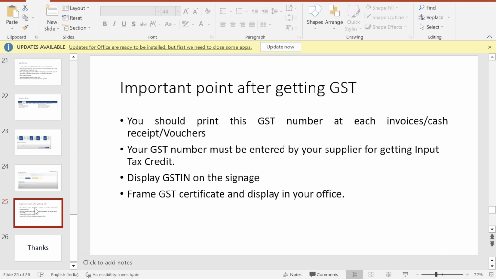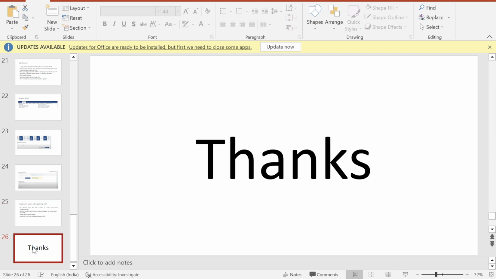So these are the very important points which I have discussed. I hope you understand my points, friends. I just want that you must share these things with your friends, so that they also know how to apply for GSTIN, what points they should take care of during the application, and what things they have to do after getting the GSTIN. These are very important videos.